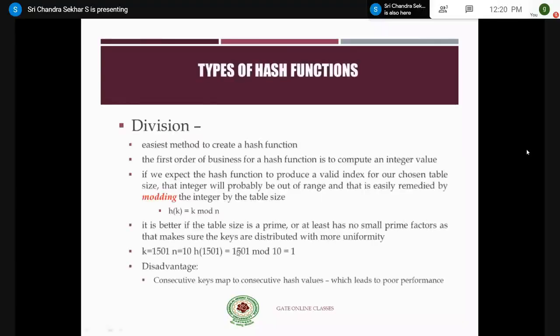So these are the different types of hash functions we have. The first method is the division method, which makes use of modular division. Modular division is not division, right? This is not true. It is the easiest method to create a hash function, and the first order of business for a hash